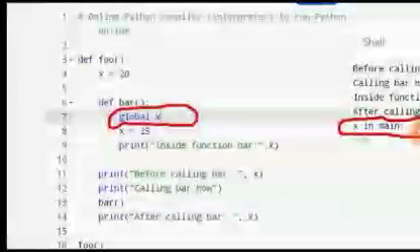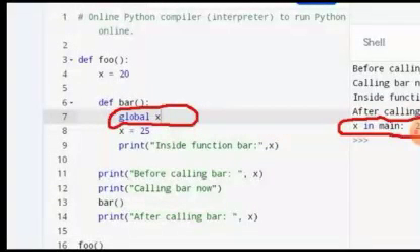Now the second statement, in the 12th line, we are printing the message "calling bar now". Now we are going to call the bar function. When the bar function is called, x has been declared as global here. So this x, which was previously 20, now this global declaration will tell the interpreter that this x variable is the global variable defined in the outer scope. But this global declaration will not have its effect in the calling function.